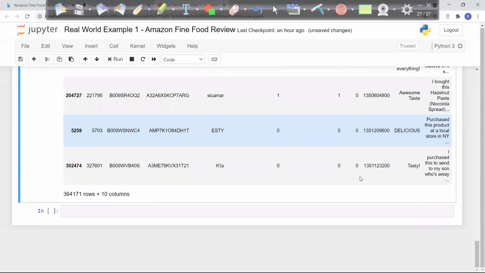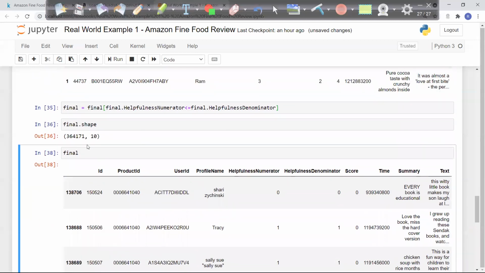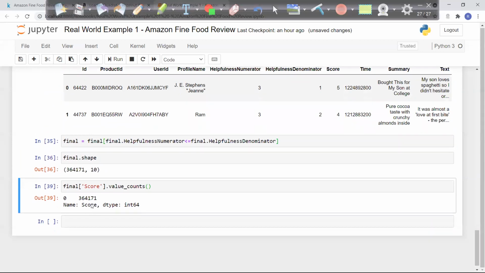Looks like all scores are 0, 3,64,000. So something is going wrong here that we have to check again. The command final score dot value counts will help me understand how many records are positives and negatives, and you can see all became 0.